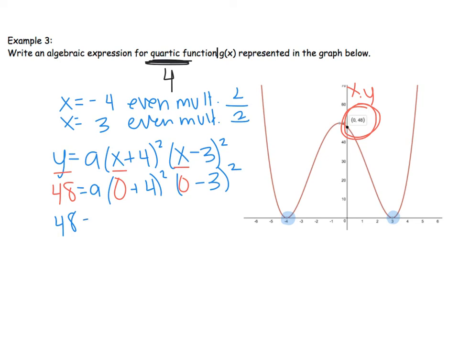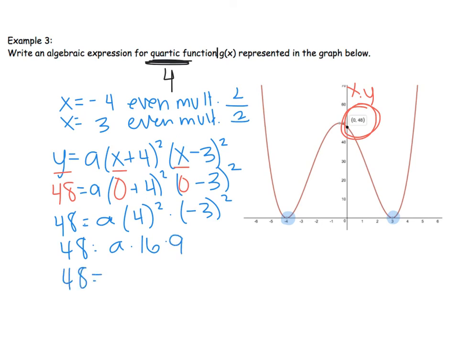So I have 48 equals a times 4 squared times negative 3 squared. That gives me a times 16 times 9. That gives me 48 equals a times 144. And when I divide by 144,